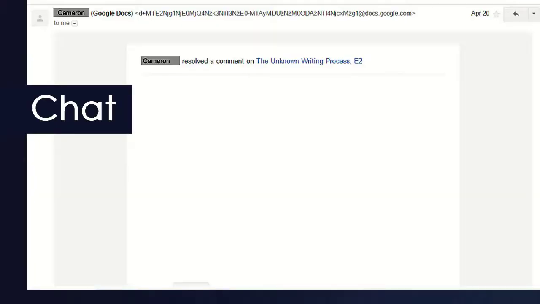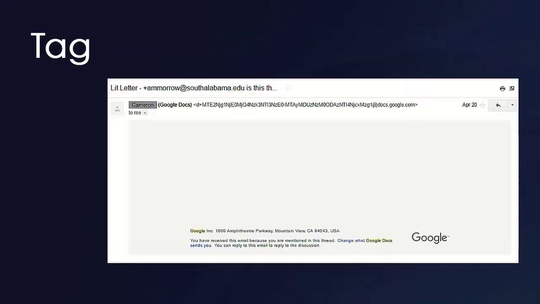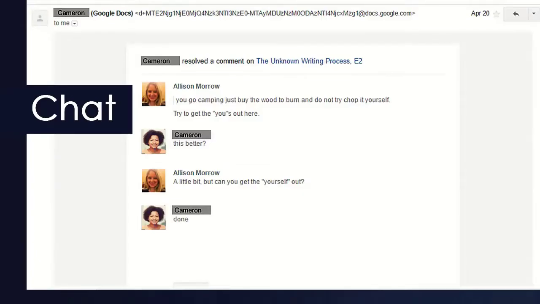And this is a really cool feature that I use to ask my students to reach out for help in between peer review or in between writing practices. But this could be a way to extend peer review outside the classroom. Let's say they get peer review feedback that they're confused about. Well, they can continue that conversation in the comments thread of their particular document. They can tag their peer review partner, ask them for advice, and that leaves them a great way to continue